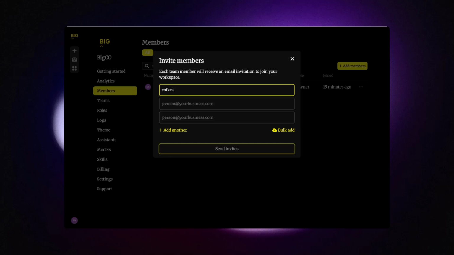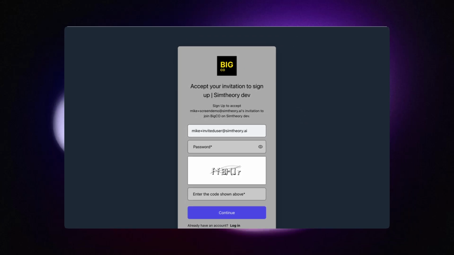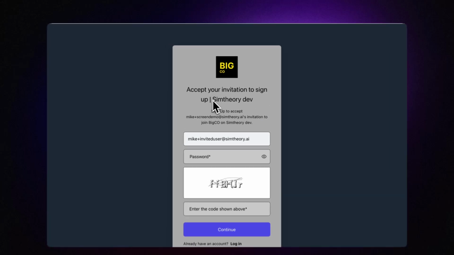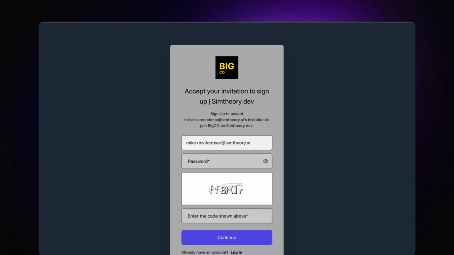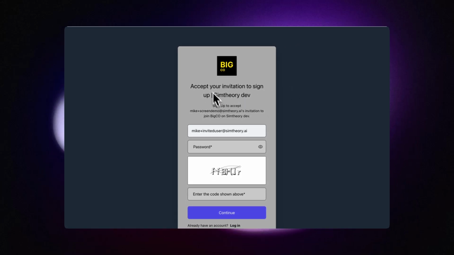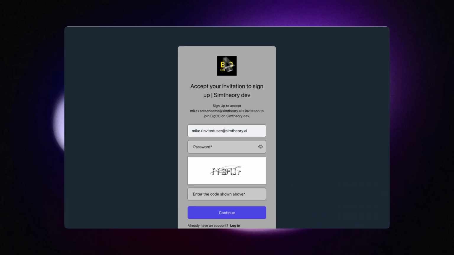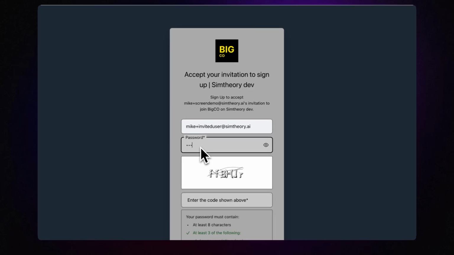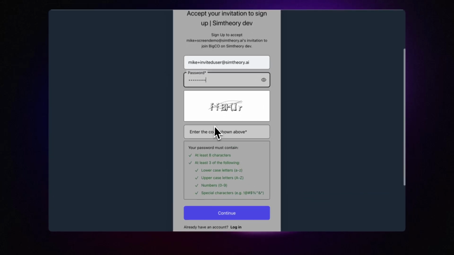Okay, so I've been into my email, I've found the invite, and you'll see that the link in the invite takes me to this screen. Now, on mine, you'll see it says Simtheory Dev. It's not going to say that in the production version that you'll be using, so don't worry about that. But you can see it does have the brand up here of Big Co. There's no reference to Simtheory or anything like that. It's just Big Co's account that we're joining here. So all they need to do is go ahead and put a password in and fill in this code here,